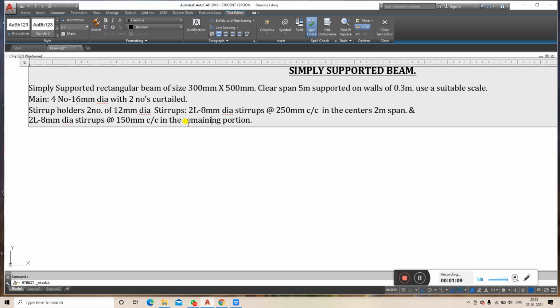Here the stirrup holders are 2 numbers of 12 mm. That means the reinforcement at the top to hold the stirrups, or we call it the hanger bars. Those are 2 numbers of 12 mm dia.